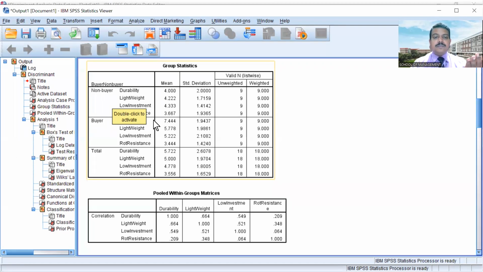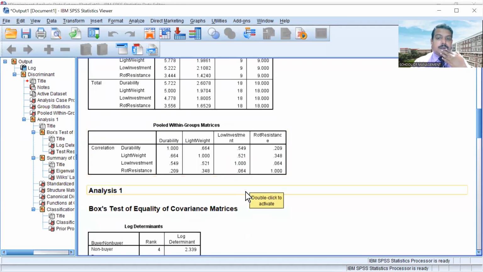You can see the mean for durability is higher for buyer, and for non-buyer it's very low. Lightweight is higher for buyer, and also low for the non-buyer. Same for low investment. Look at the rot resistance; it's almost close, and actually for buyer it is less. For the non-buyer it is a little bit higher, but the difference is very small. And when you come down to